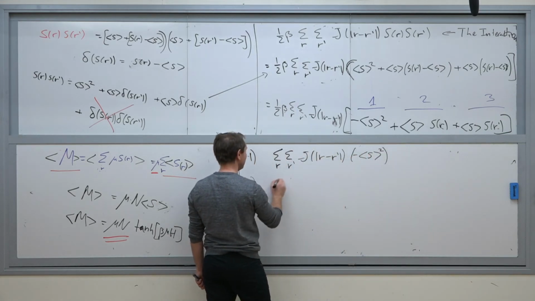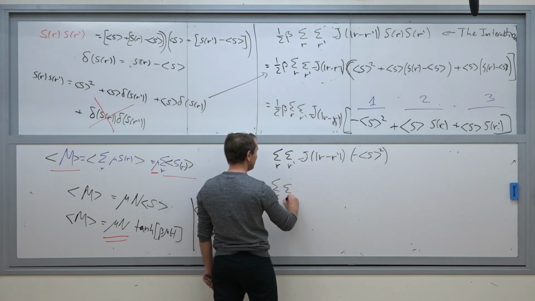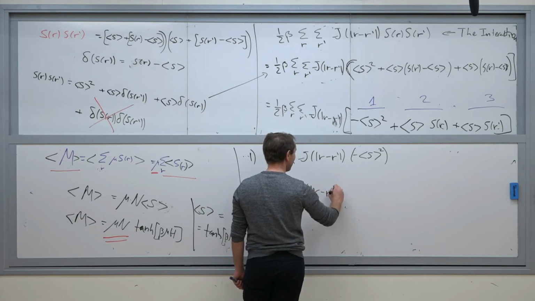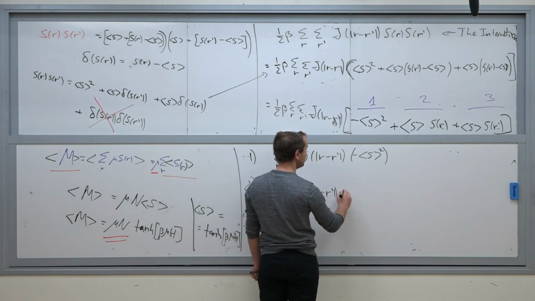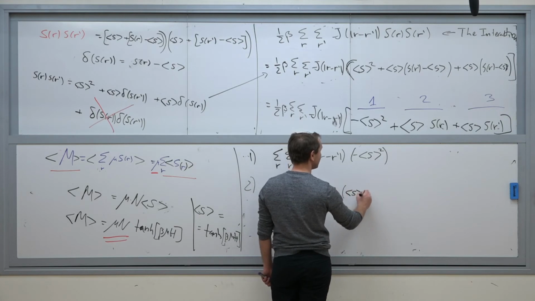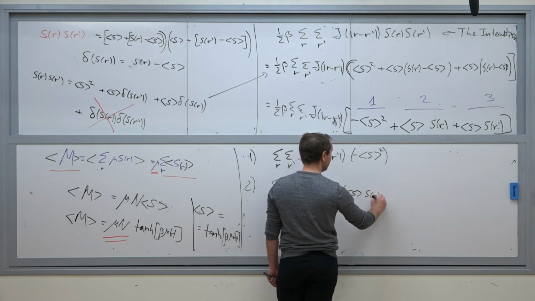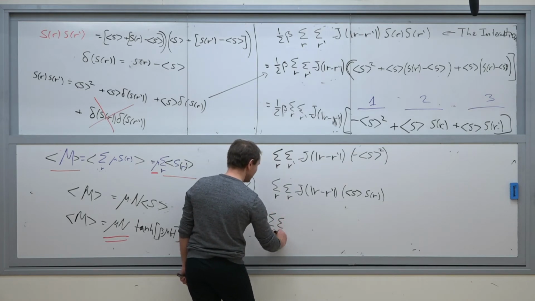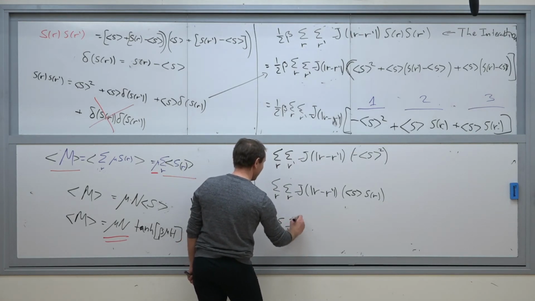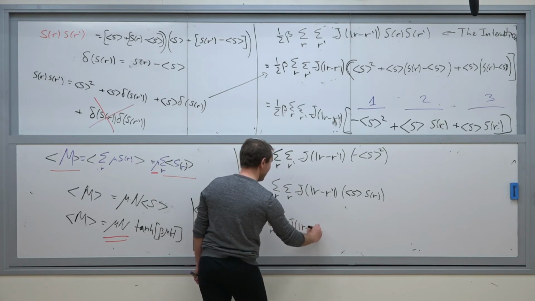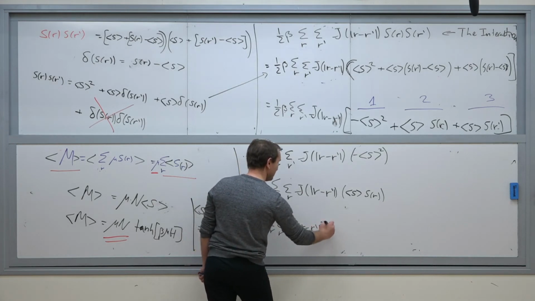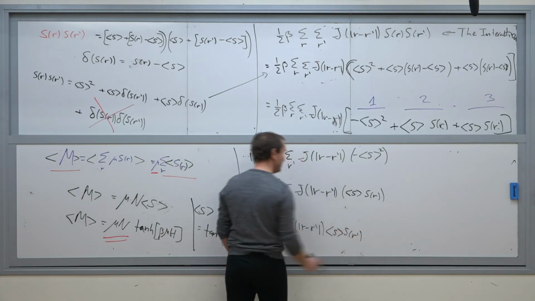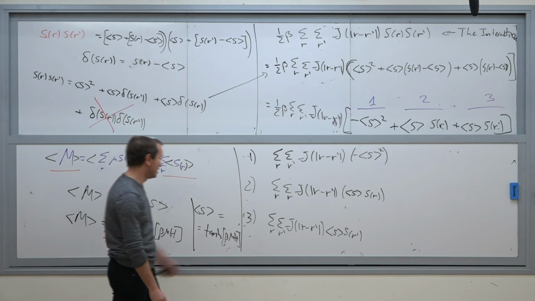The second sum is sum over r prime, j of r minus r prime multiplied by s average sr. And the third term is sum over r prime, j of r minus r prime multiplied by sr prime. Okay, we need to calculate those three sums, but